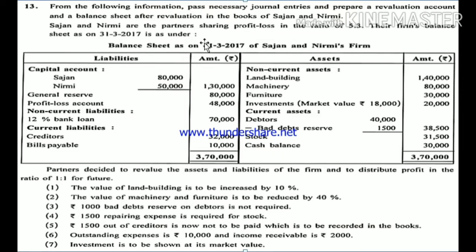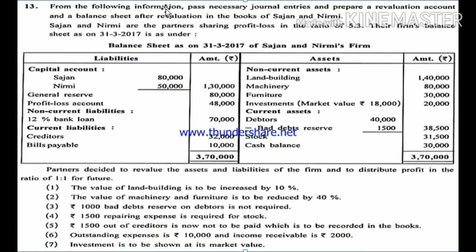Students, you can see the question on your screen. If you are having the textbook, then it is good. But if not, then either you can take a screenshot of the question or you can download the PDF file of the accounts textbook already sent to you in the WhatsApp group, because you can understand its solution only if the question is there side by side. So first of all, let us read the question and understand it.